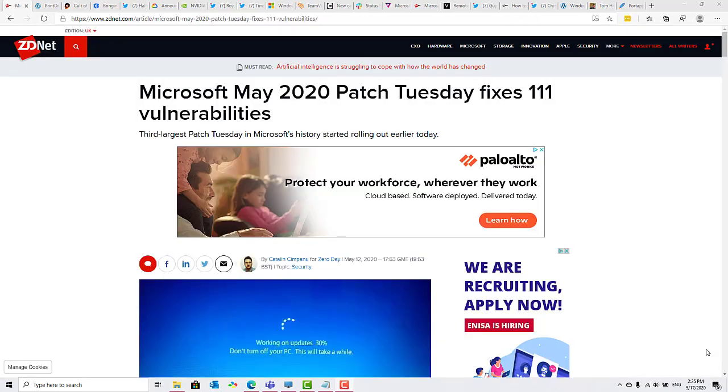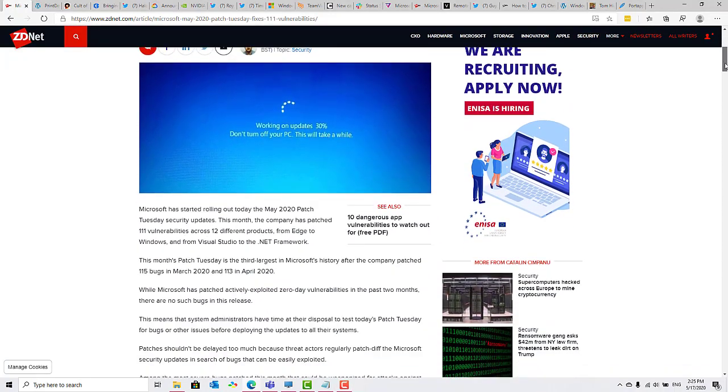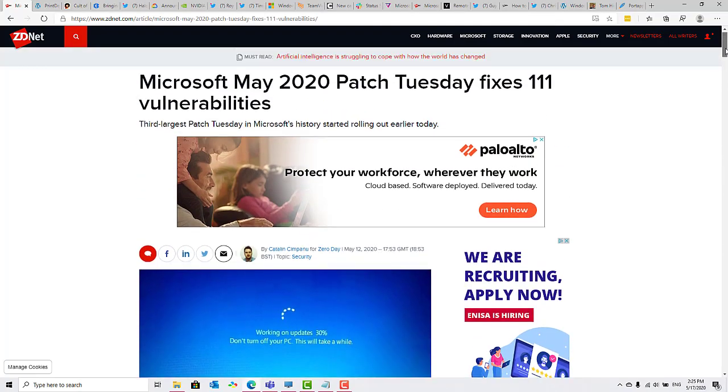And just like that, it's time for the May patches. This month, there's a pretty massive 111 fixes in the Windows updates. In fact, it's the third largest in the history of monthly patches. Among the most severe bugs patched this month that could be weaponized for attacks against users in the future, ZDNet lists,